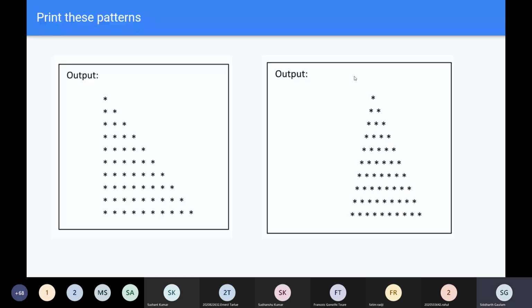Each time, first you have to print empty spaces. For example, this last element here, the first star in the last row, in the 10th row, is on the leftmost side, but the first star of the first row is a little bit to the right, which means you have to print n number of spaces first. This is your hint that you also have to print spaces along with stars. Try to do this, and if you can do this, very good. You can upload it on your GitHub.